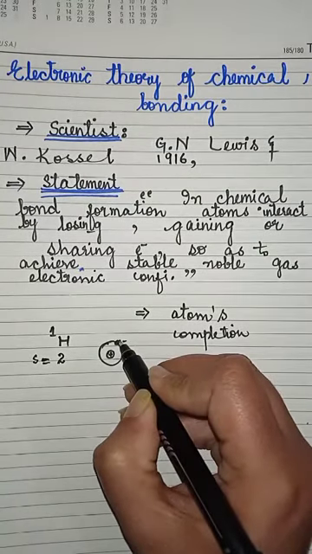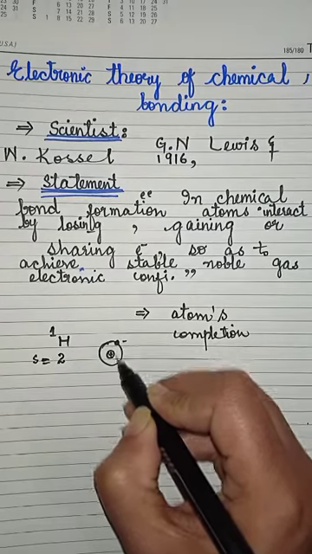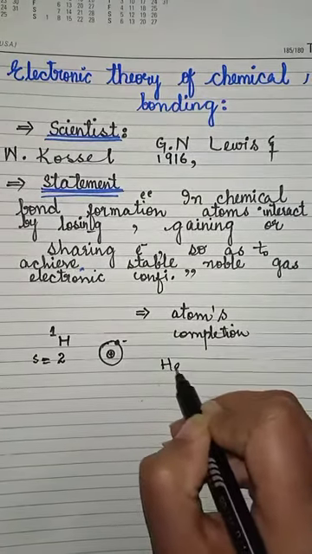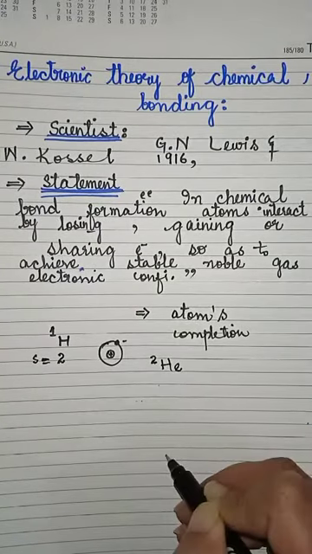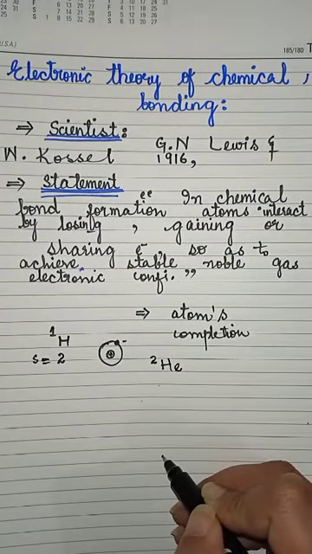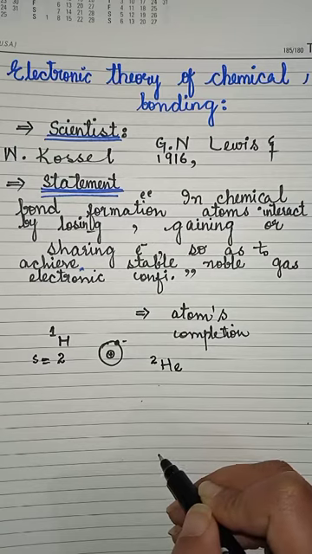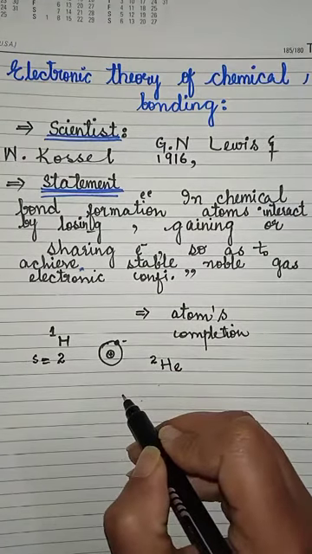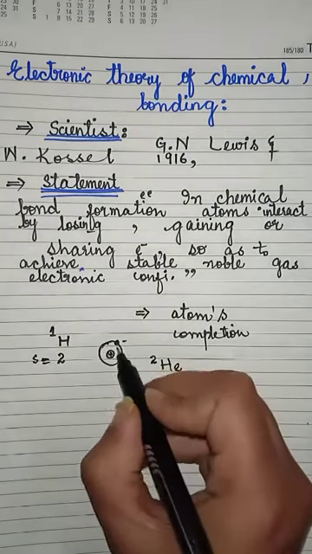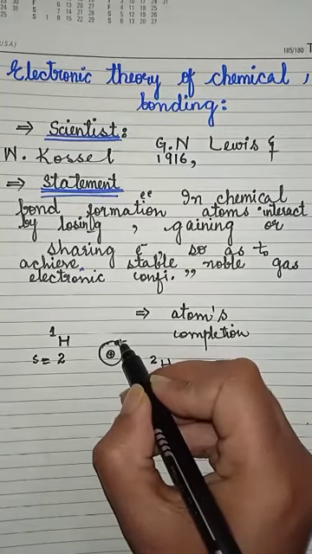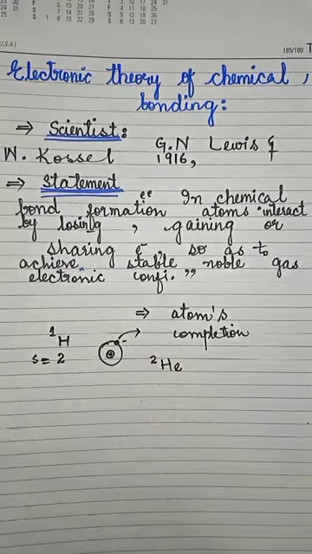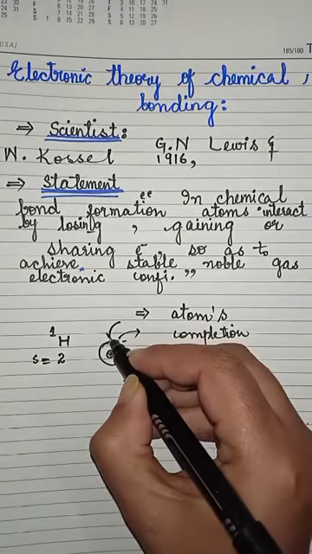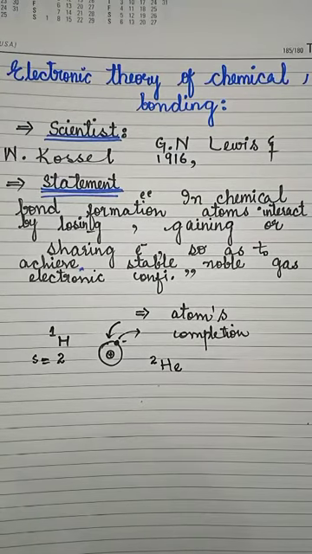If it wants to attain the noble gas configuration of helium, which has atomic number 2 and 2 electrons in its outermost shell, then to get stabilized hydrogen might have to lose its outermost electron, or gain another electron from any other